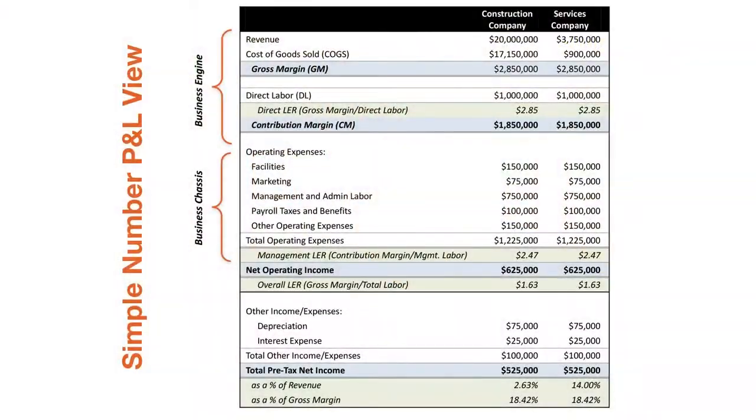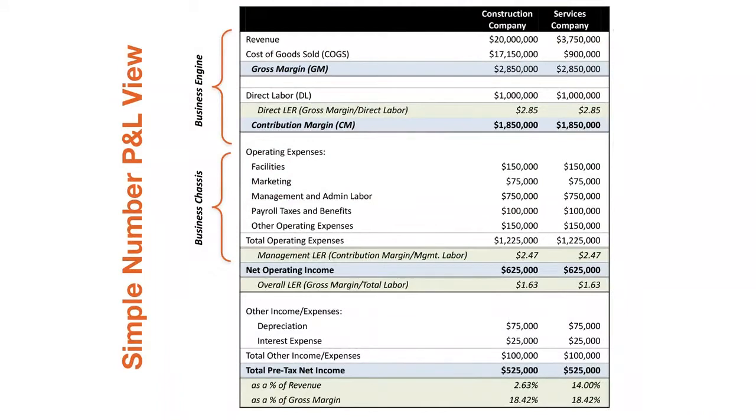Now, I typically choose for analysis purposes to stop here. If you're in a C corporation in the U.S. that pays taxes internally, or if you're an international business where you pay taxes in your local country through the business itself, you would have an income tax and then a net income number. In the U.S., the vast majority of businesses do not pay taxes inside the business. So typically you'll just stop at pre-tax net income because the owner will have to take tax distributions off the balance sheet to actually pay their taxes personally.